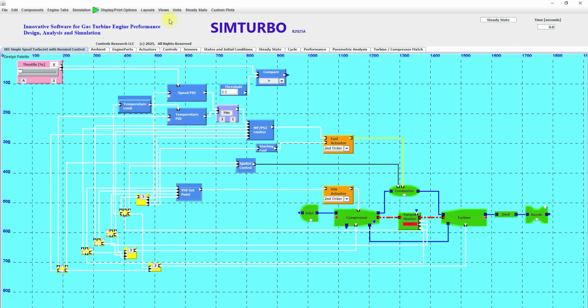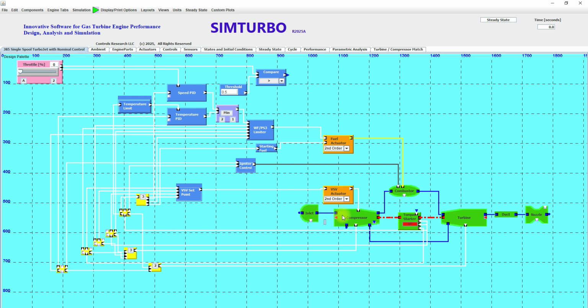You may notice that the components of the system are all color-coded. In particular, the green components denote the engine components, starting with the inlet, which takes its airflow from the ambient, represented by the blue dot in front of the inlet component, and then it flows that airflow through to the compressor,